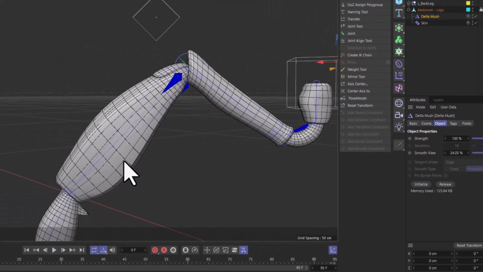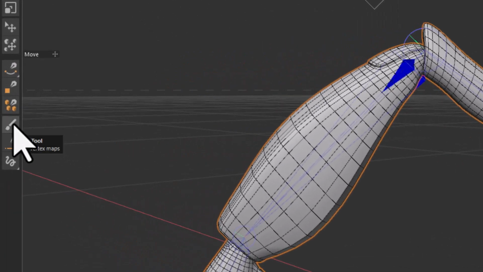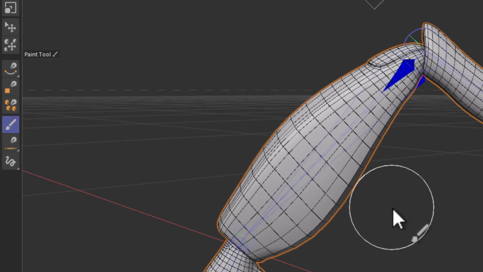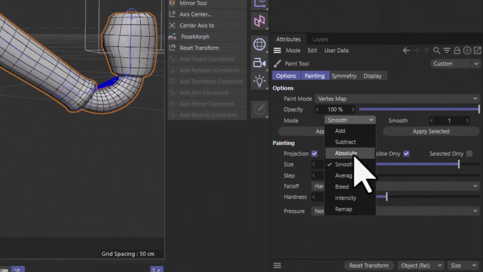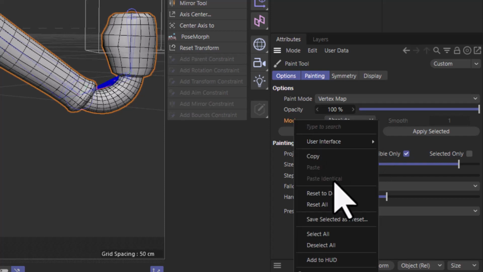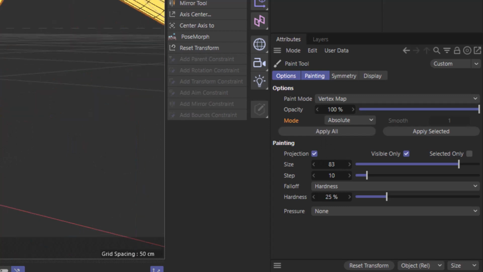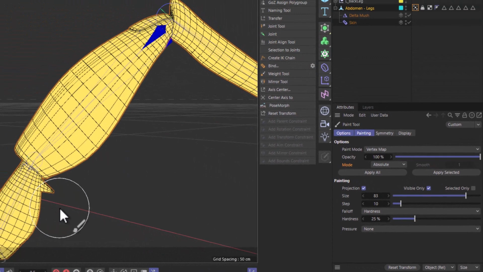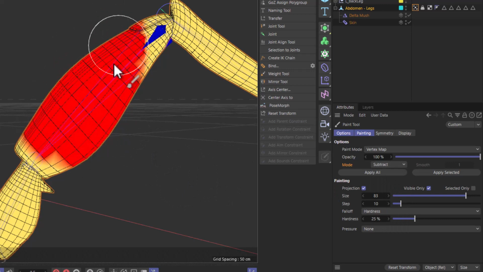To create that vertex map, all we have to do is select the mesh, go over to the left hand side in your standard layout, click on this little brush, and it puts you into vertex painting mode. Now if you go to, I think it's on absolute by default, we will soon see, absolute, click on apply all. This means that when it's yellow, the 100% of what the Delta Mush is going to be doing will be applied. Now if we were to then go to subtract and start to paint on areas that we don't want it to affect, you'll see